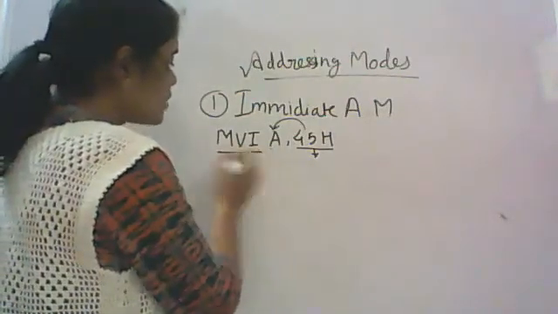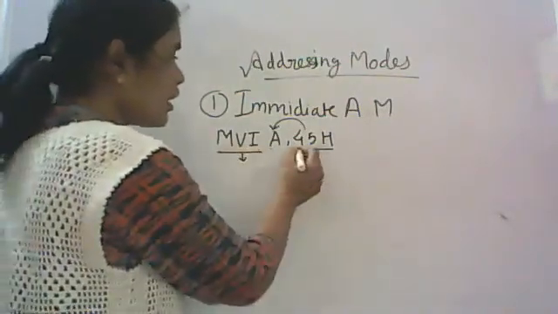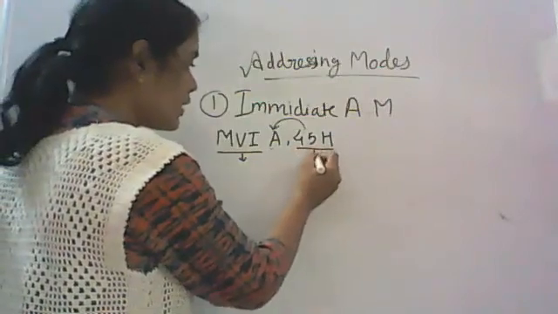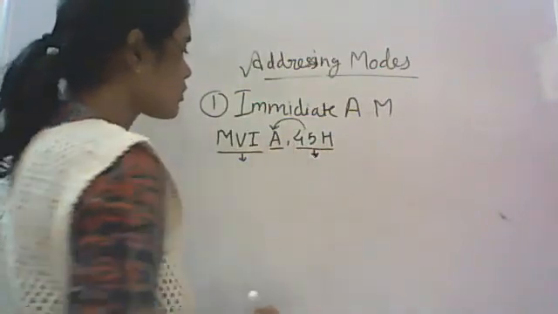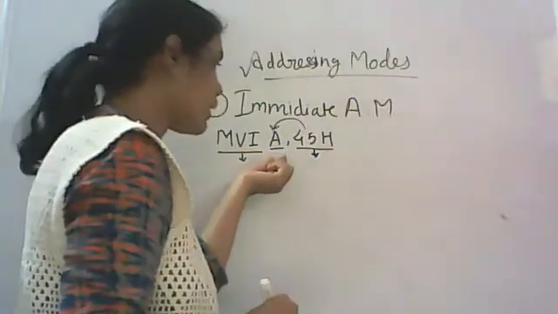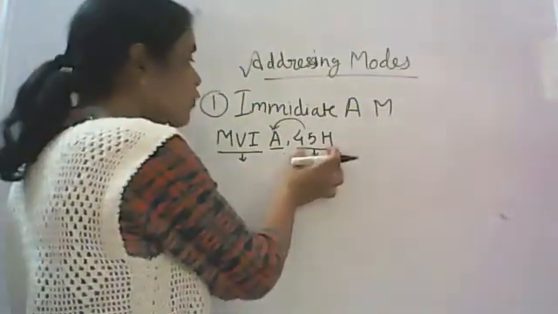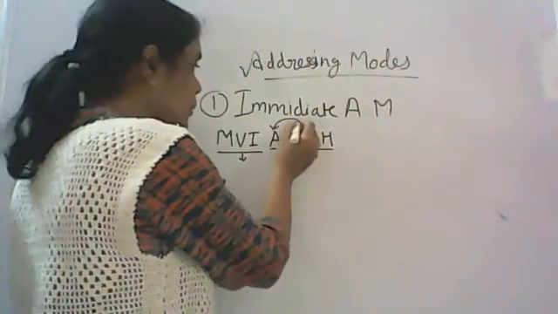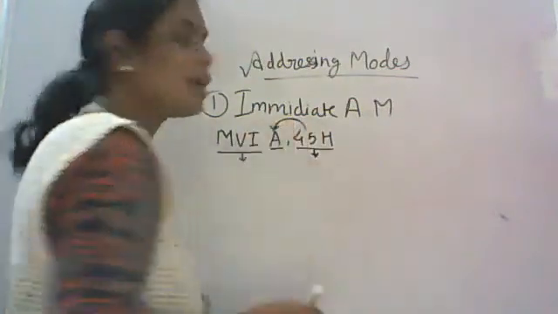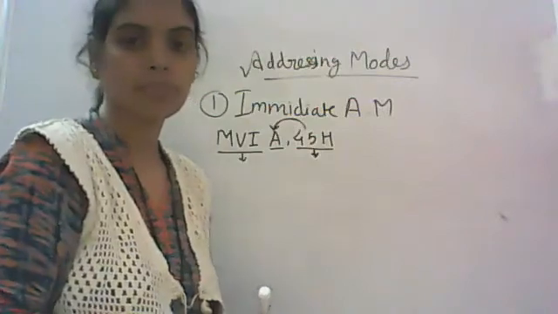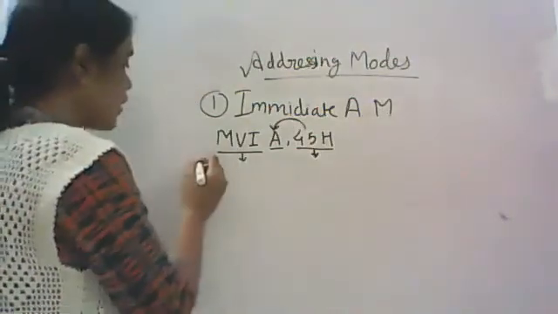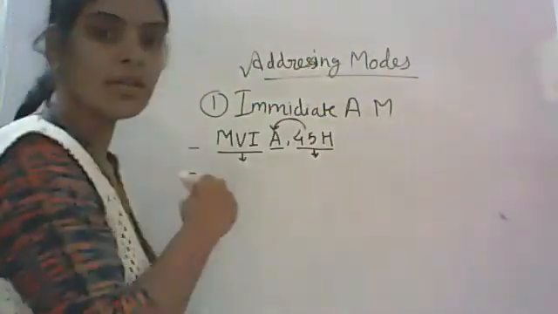MVI instruction. This is the operation. See here, 45 hex is the data. A is the operand. Okay. And this instruction moves 45 data immediately to the accumulator. Okay. Now see the next example, that is